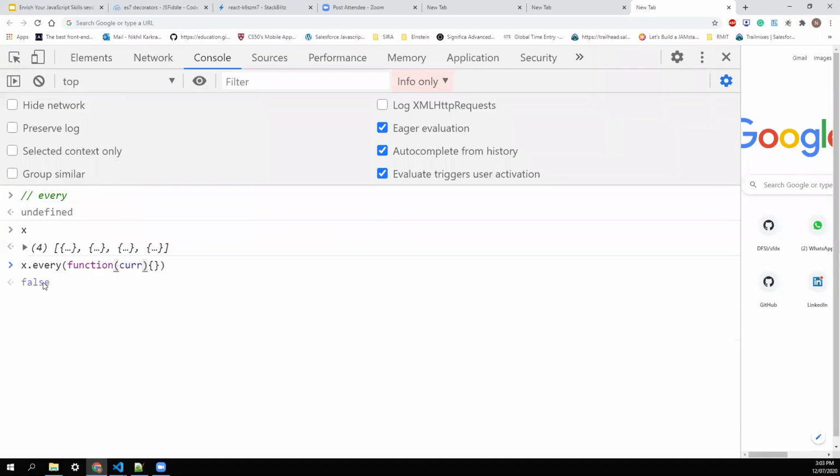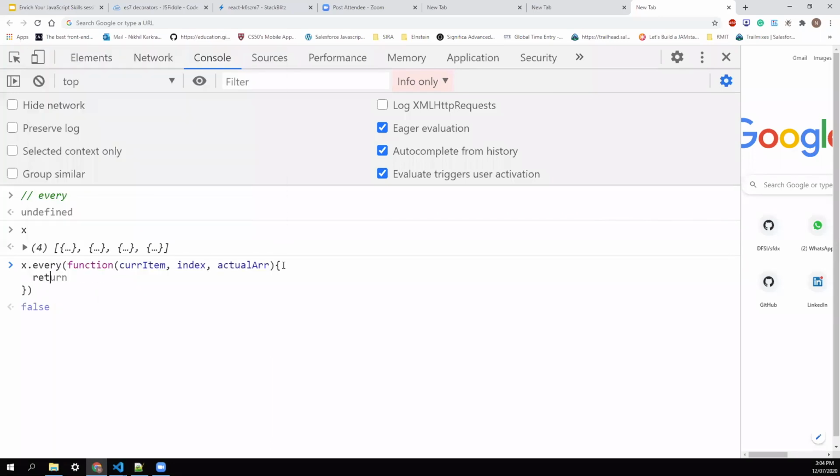So it will be the same: current item, index, array. You can give any name, but I am giving something meaningful so that it's easy to remember. And based on some condition, it checks whether it satisfies the condition or not.